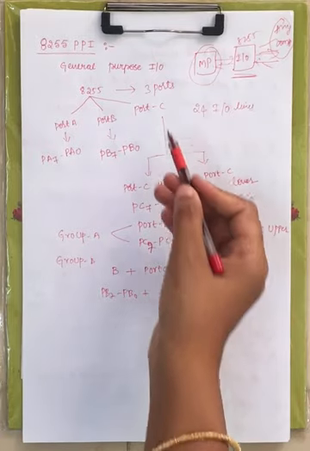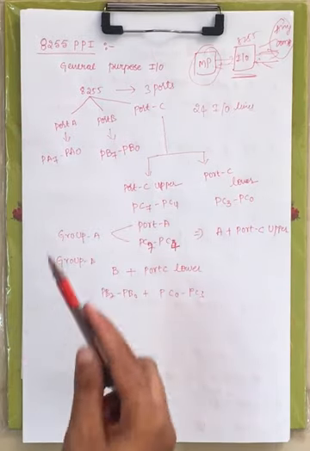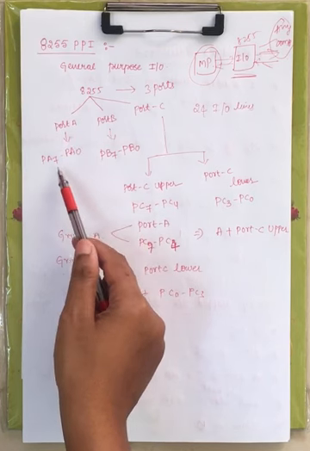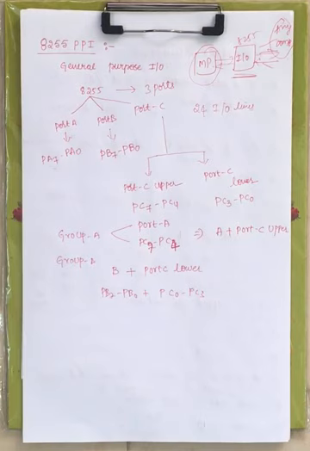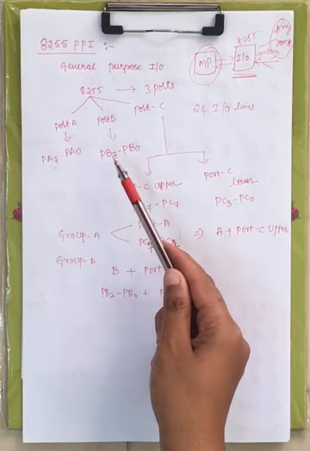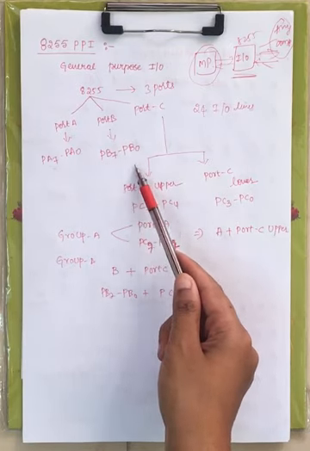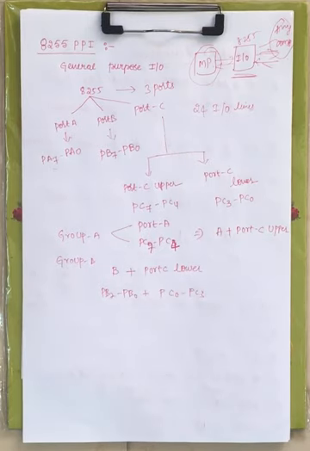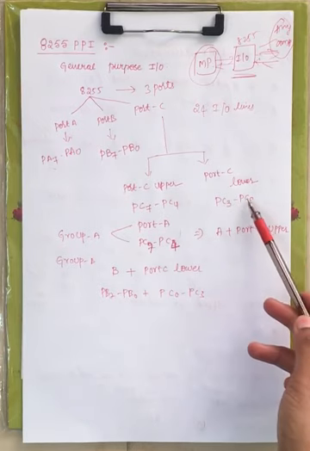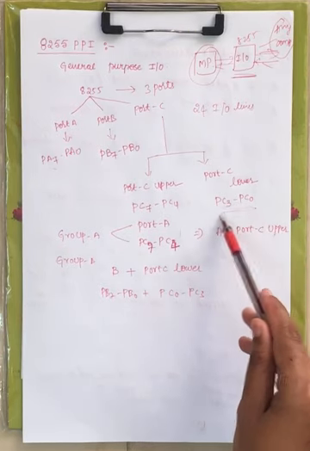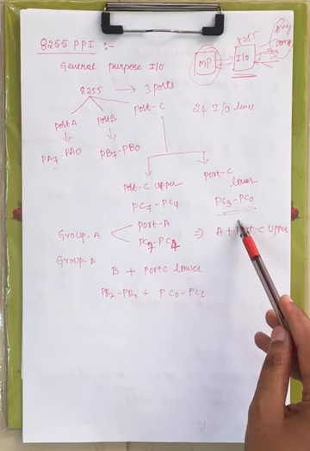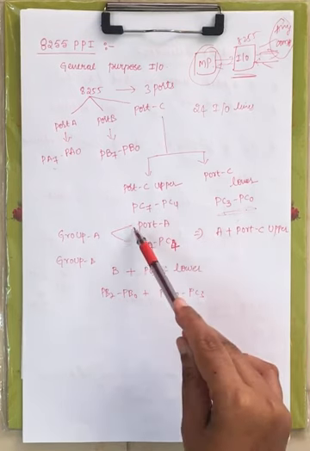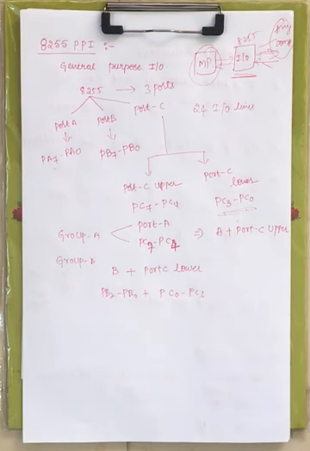Now coming to port A, since it is 8-bit, it contains 8 IO lines, that is PA7 to PA0. Port B is also 8-bit, it contains 8 IO lines, represented by PB7 to PB0. Port C is available in 2 forms, port C upper and port C lower. The lower IO lines, PC0 to PC3, come under port C lower. PC4 to PC7 come under port C upper.